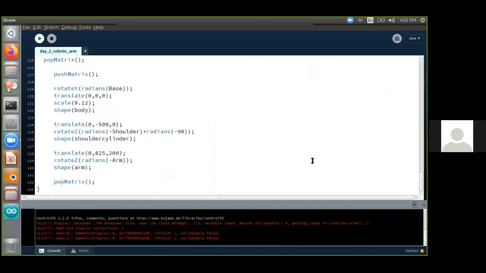Gopal is asking whether with Processing software we can embed the program into the Arduino board. No. Processing runs only on the computer. So a computer has to be connected to the Arduino always through the UART cable. Once you run it, the computer will send the signal to the Arduino, and then the Arduino will act accordingly. If you move the slider over here, the value will be sent to the Arduino. Professor Mileswamy is asking whether the Arduino pins should be PWM pins or any digital pins. Only the PWM pins should be used.